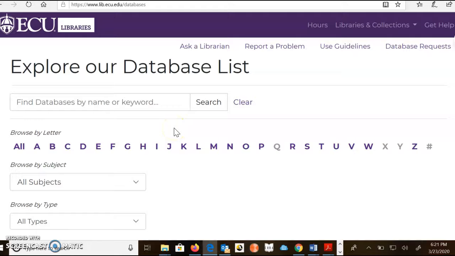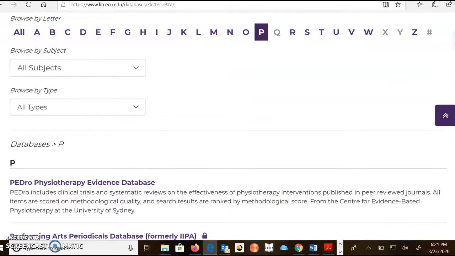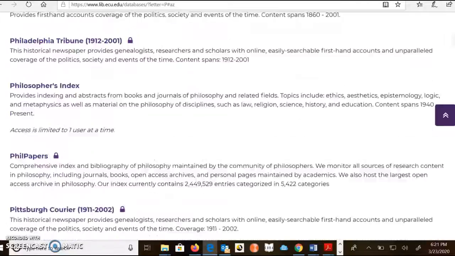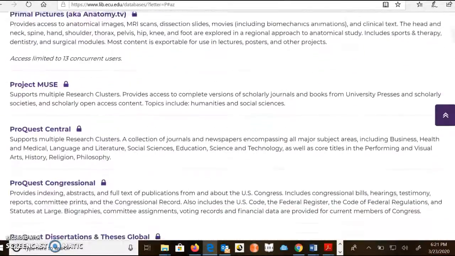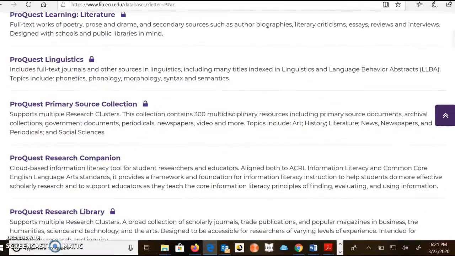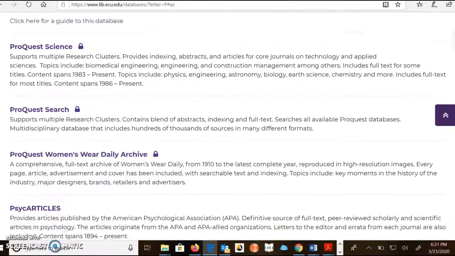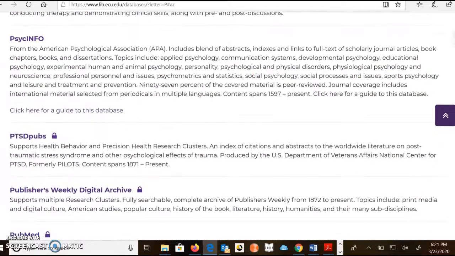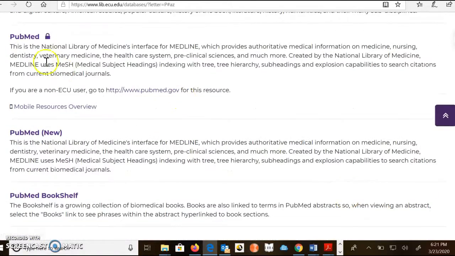So the first one I want to show you is PubMed. You can either type the name right here or click on P and then scroll down for PubMed. This is a really big, important database, especially in the health and the sciences. It's a good place to start looking for things. And I'll show you,